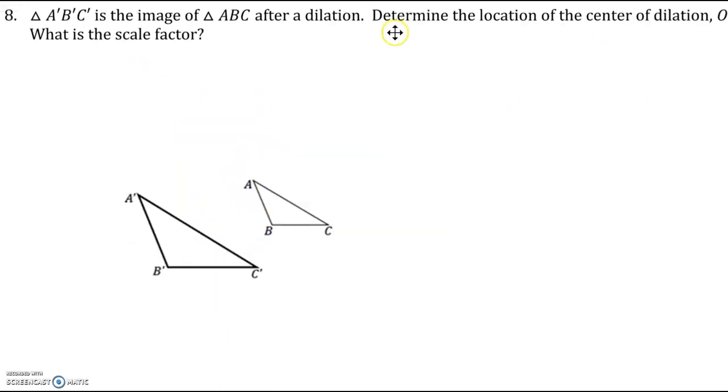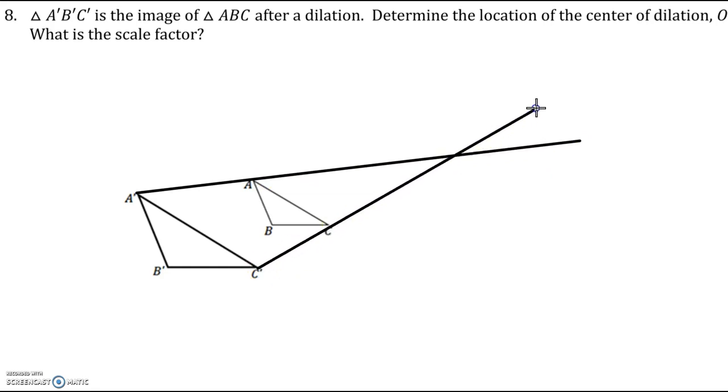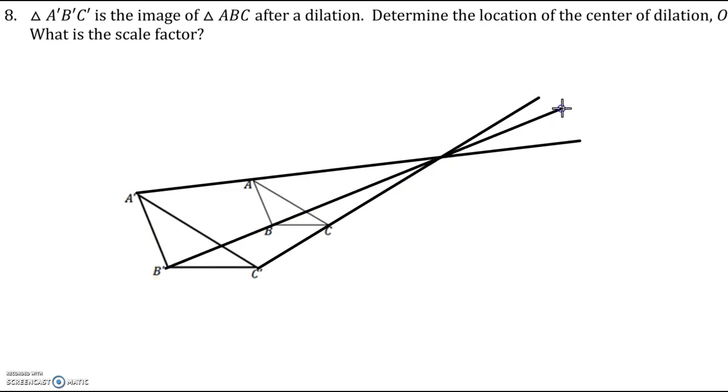Alright, next we have to find a center of dilation. This is actually much easier. You don't even need a compass. All you need is your straight edge. To find the center of dilation, all you have to do is connect an image and a pre-image and figure out where this crosses for all of the different points. And so if you're connecting with your ruler, B to B prime, A to A prime, and C to C prime, you're going to see that they all intersect here at this point, and this point is your center of